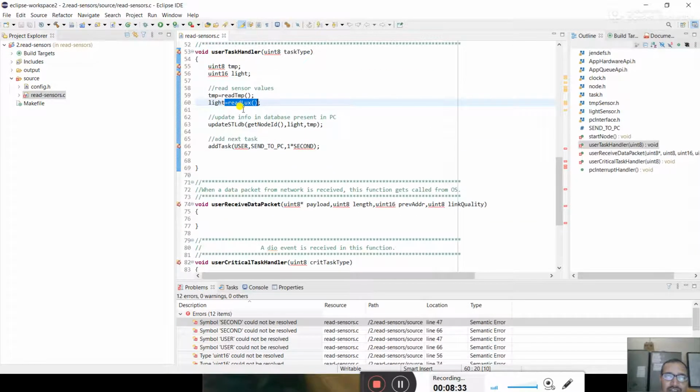These functions provide the data and update it, so it will be presented on the PC. This provides the get node ID, so the node ID, light and temperature will be provided. Next is add task: user send to PC, 1 second. Here again a 1 second interval has been taken.